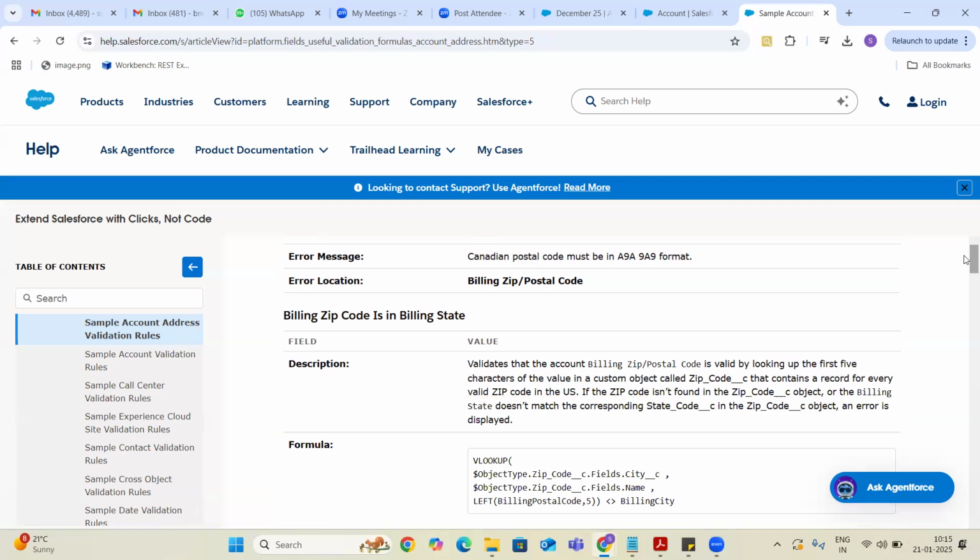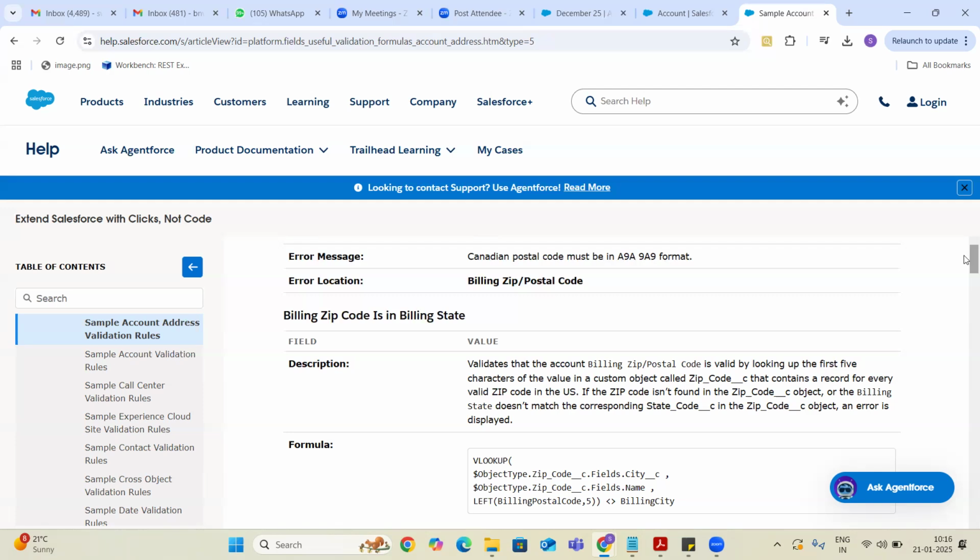Billing zip code is in billing state. This is something like that.